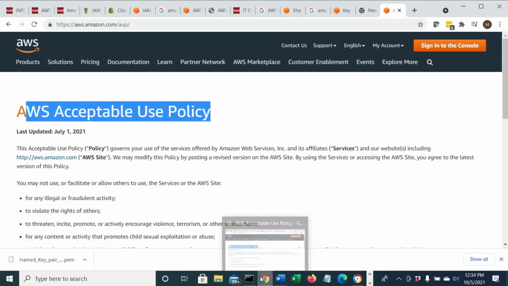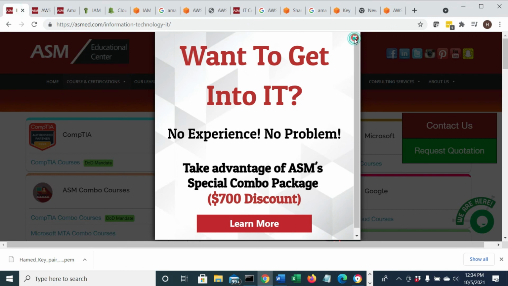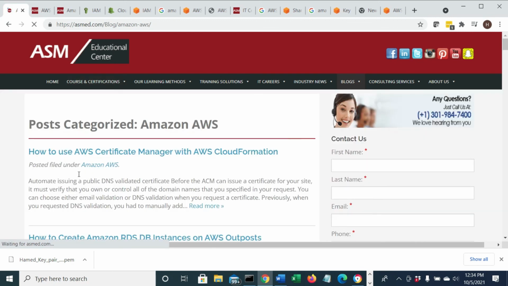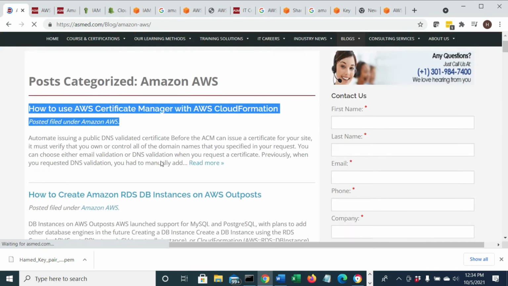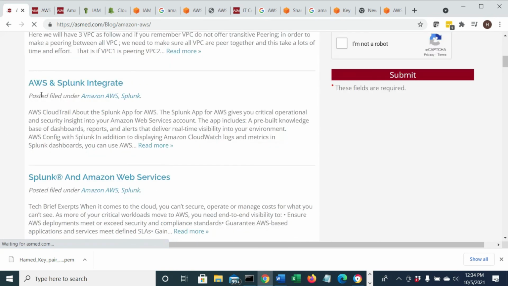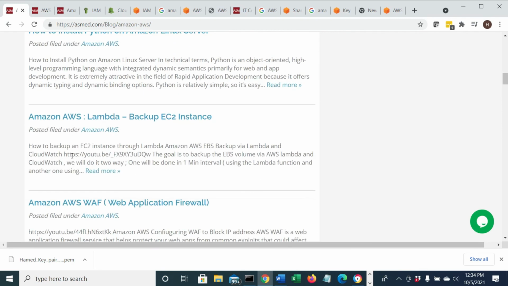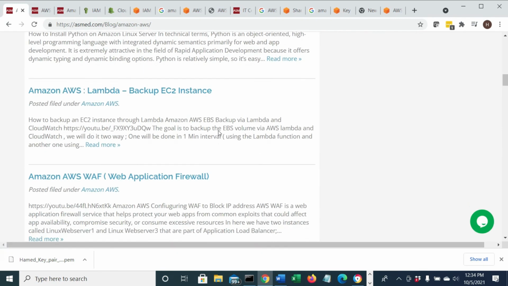Again, all of this stuff, I'm going to put in everything. If we go to our homepage, we have blogs right here. Under blogs, when you go down, we have Amazon AWS. So everything I mentioned, I'm going to have a video right here. We have all the videos right here. We have Splunk, how to enable a static IP address, install Python, Lambda, backup EC2, firewall.